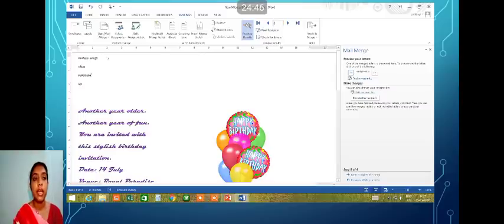Now here you can see the arrow keys. I can scroll between the recipients. Recipient 1, 2, you can see the number is changing, and the name is also changing. As the number is changing, the name is also changing. It is showing the record number. Recipient 1, recipient 2, recipient 3. I have taken 4, so 4 names are being displayed one by one. If it will be 10, or 100, or 1000, it will show one by one.